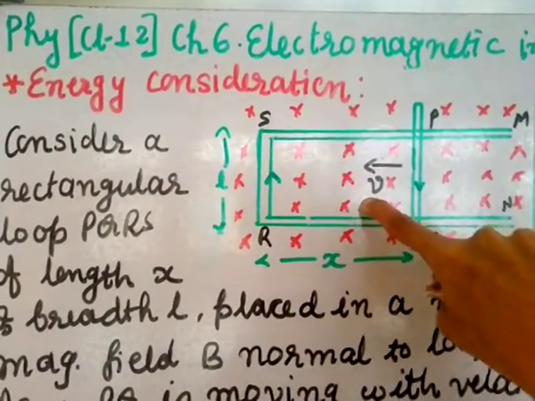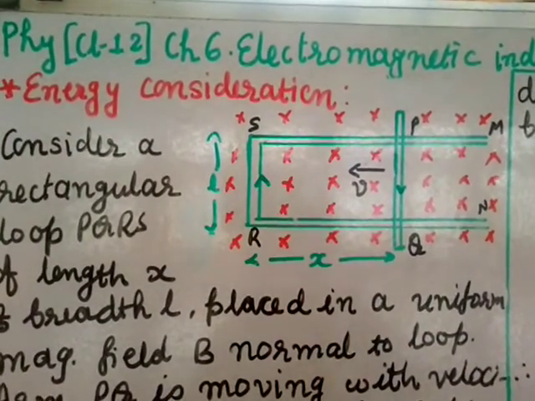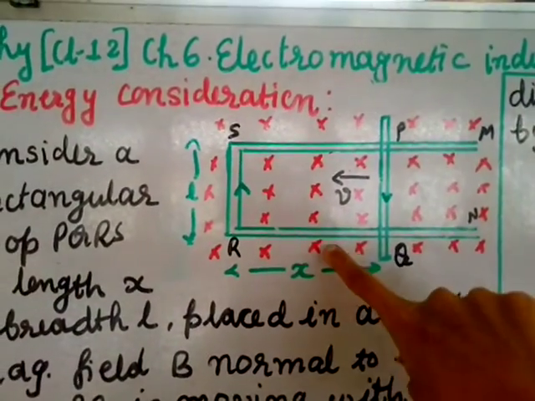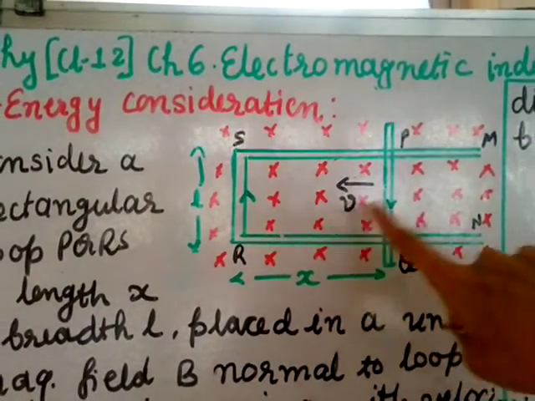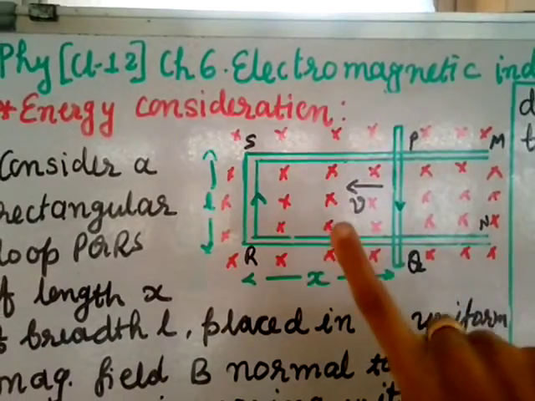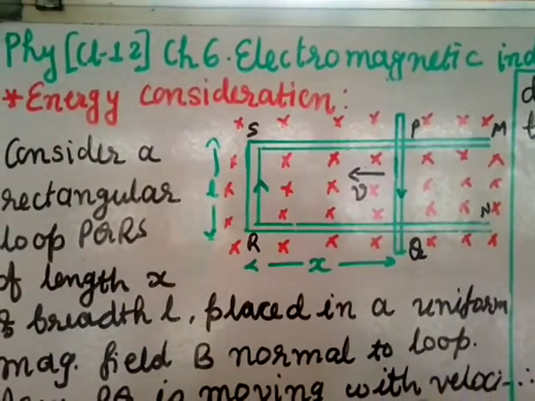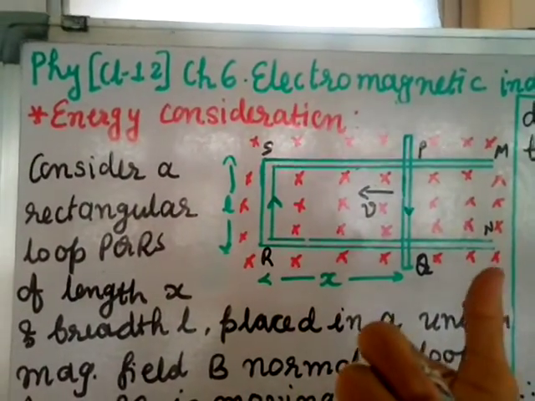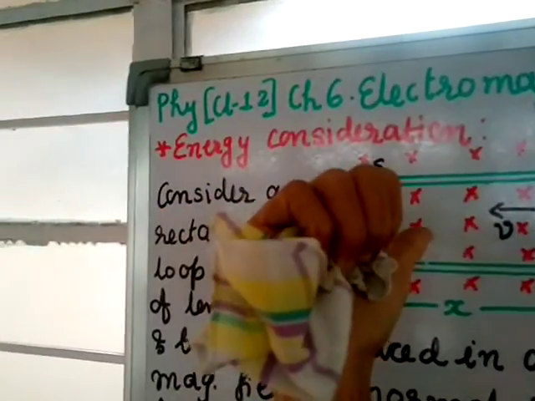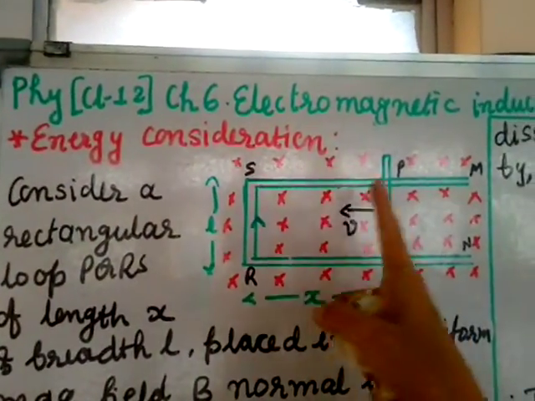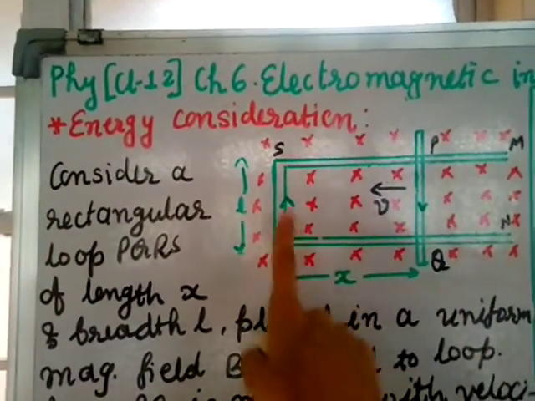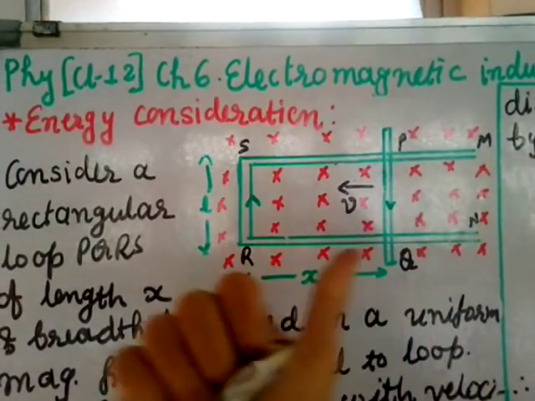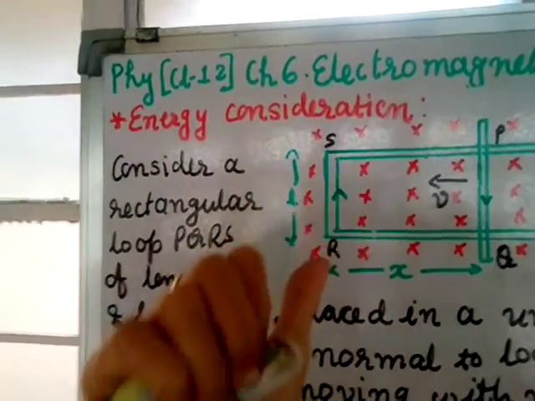By Lenz's law, it will oppose the change in the magnetic flux. Here magnetic flux is decreasing. That means the EMF which is induced will be such that it will support the magnetic flux. The magnetic field here I have taken as inside. So you use your right hand thumb, and the magnetic field you give inside. The EMF which is going to be induced here will support the decrease in the magnetic flux. Magnetic flux is inside, so it will be in the same direction.